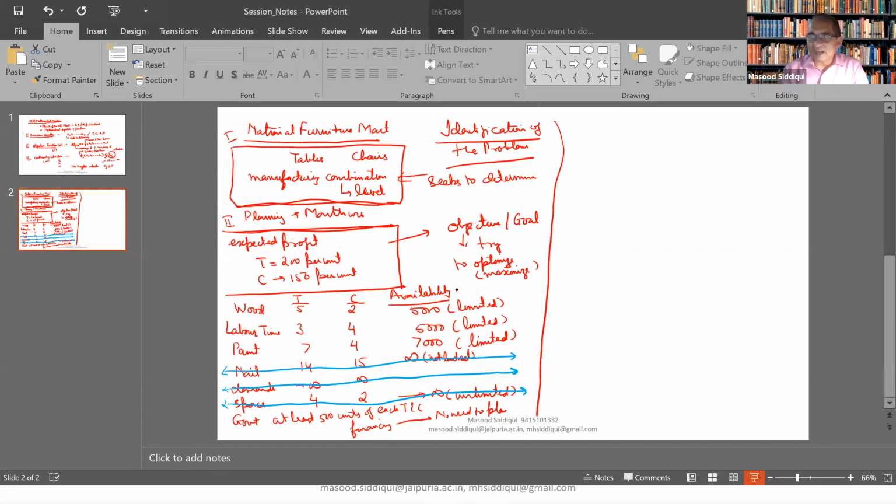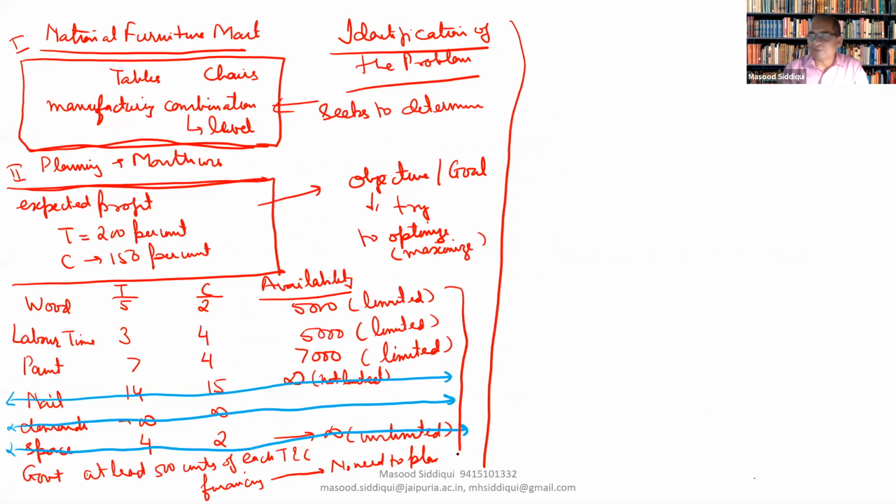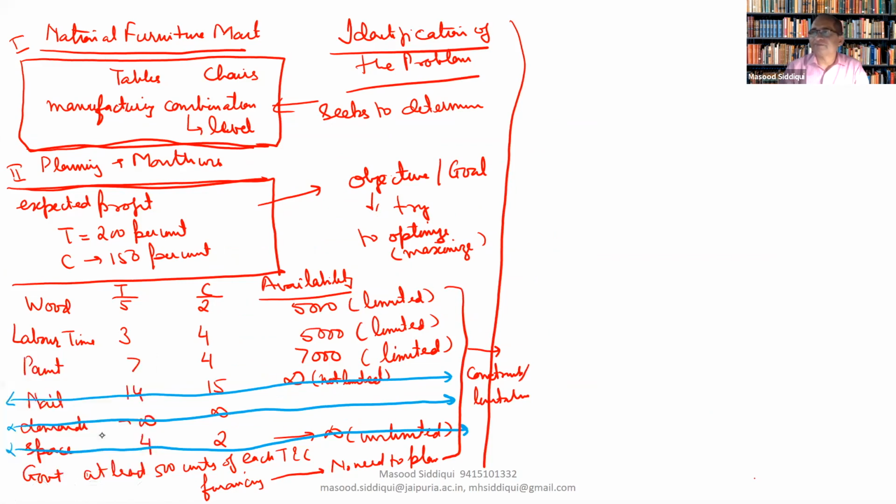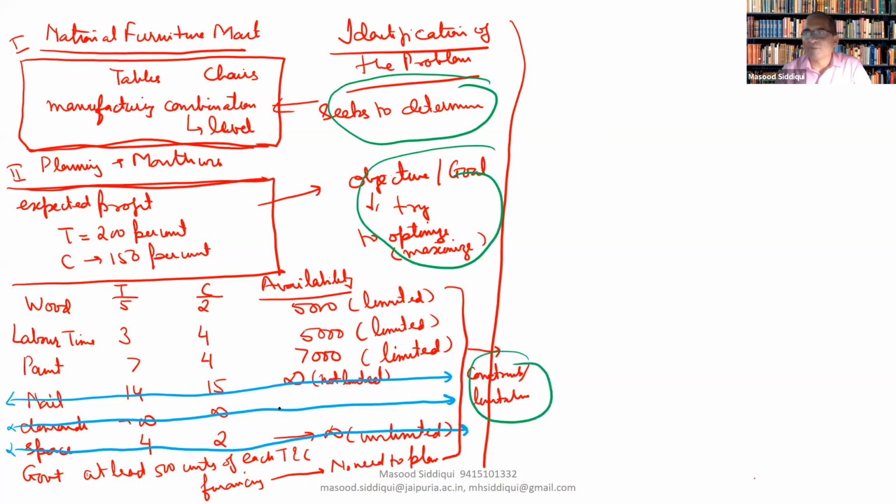Right? So the second thing is to try to optimize. And now the last part is the things that pose some limitations or constraints. They are the limitations or constraints imposed on receiving the best possible objectives or goals. So here we have identified these three things. Let us mark them. The first thing is what he seeks to determine. The second is the objective. And the third is that there are certain constraints and restrictions imposed on the system.